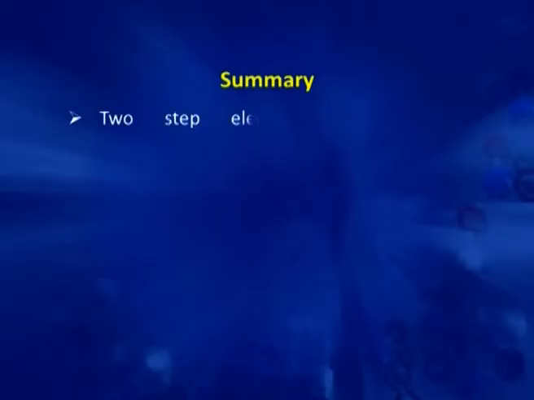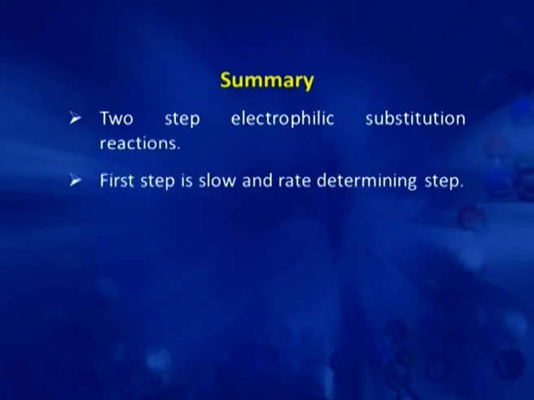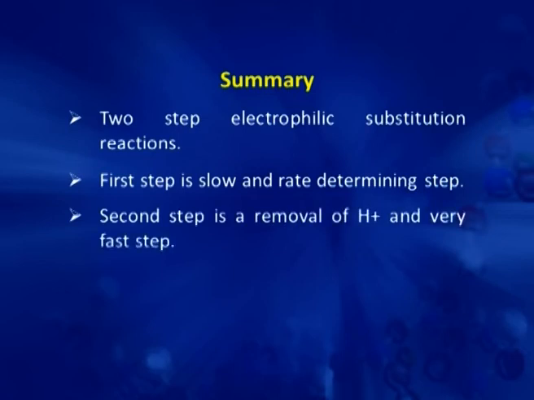Now, today we have discussed the electrophilic substitution reactions of benzene, and we have seen that this reaction takes place in two steps. In the first step, the electrophile attacks the benzene ring, which is a slow step and the rate determining step. The second step is the removal of H plus to give back the aromatic system, and that is a fast step, because once the carbocation forms it readily loses H plus to the base and gives the substituted product. And we have seen the isotope effect to prove our mechanism also,